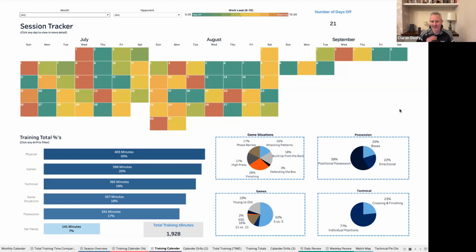And like when you brought up the positional possession practices that you've worked on, then you can look back over that 2.5 month period and identify how many days and which days and were they high load. And so I'm just thinking off the top of my head, when a player gets injured and you analyze it and kind of reverse engineer, looking back and seeing, okay, well, what did we do on those days, and was the load too high? I'm sure the sports scientist loves a dashboard like this.